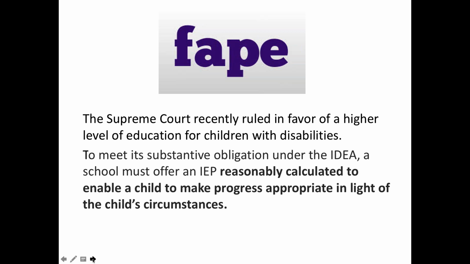And it's so important because a lot of times when kids have special needs, we don't have high expectations of them, right? And so the goals we're talking about making progress on are maybe not as ambitious as they should be. And what the Supreme Court very clearly said is you should think about what a child's capabilities and circumstances are, and what your obligation under this law called IDEA is to give the child this program that is going to give them a reasonable chance, right, to make progress on appropriate goals for them.